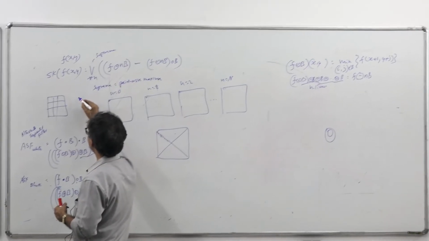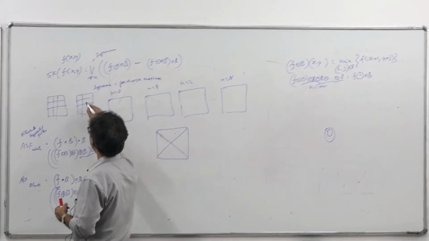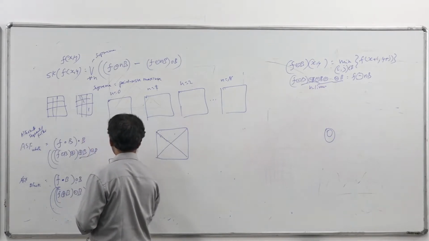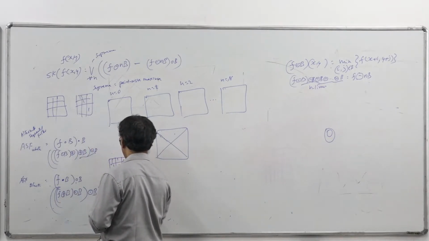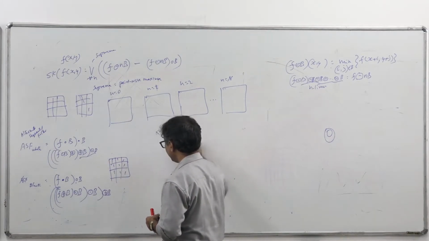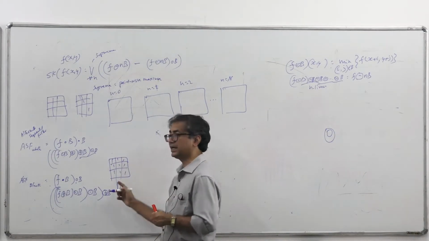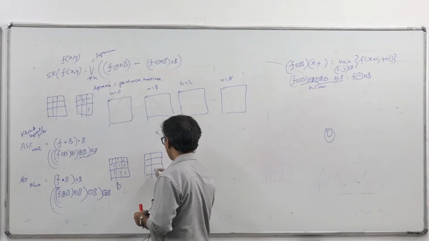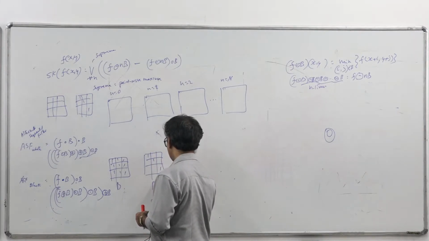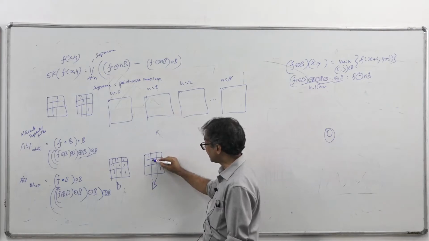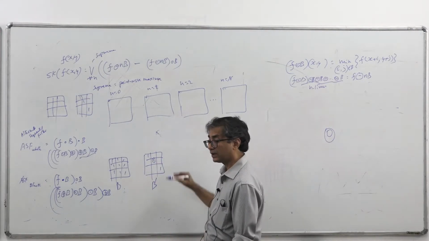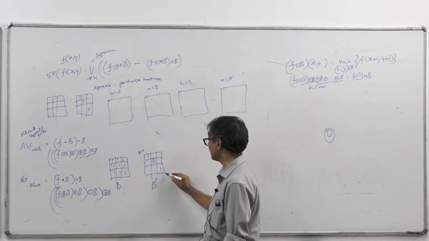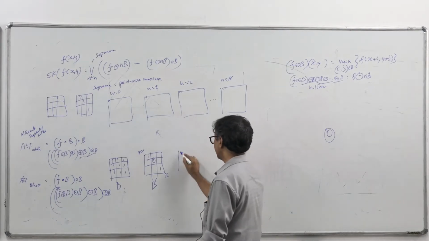Can't we take B like this? And if you say this is B, I would say this is a disk in the 8-connectivity grid, and this B I can decompose into 4 directional elements. I would say this is B1, and the center is here. The origin is at this place, and this is in this direction. This is the northwest and southeast direction.